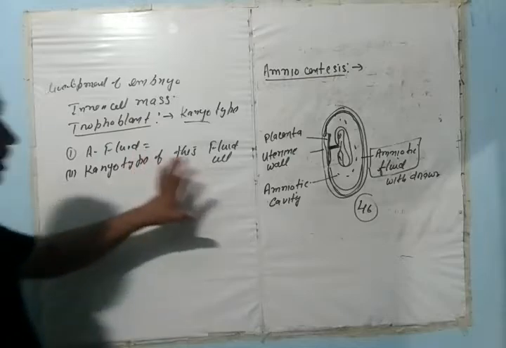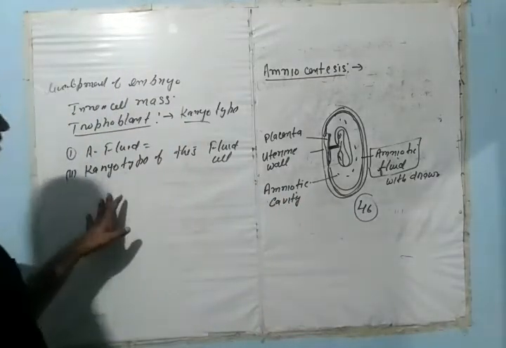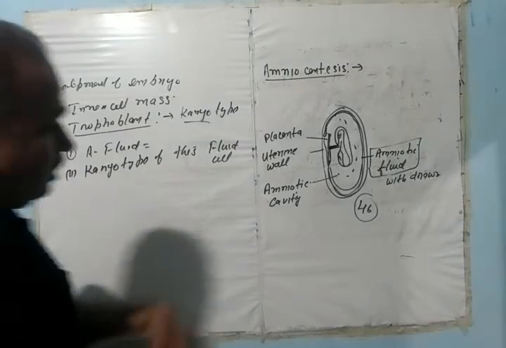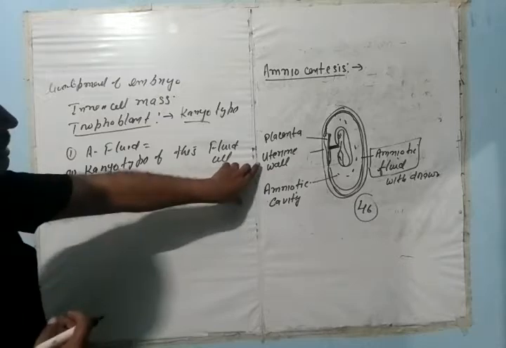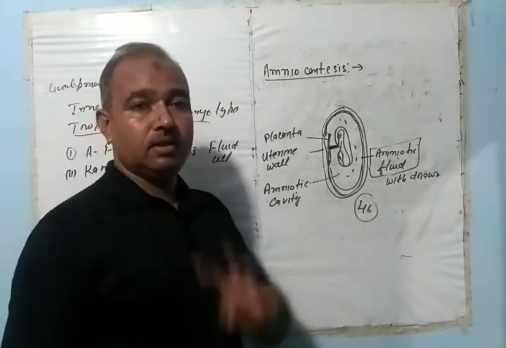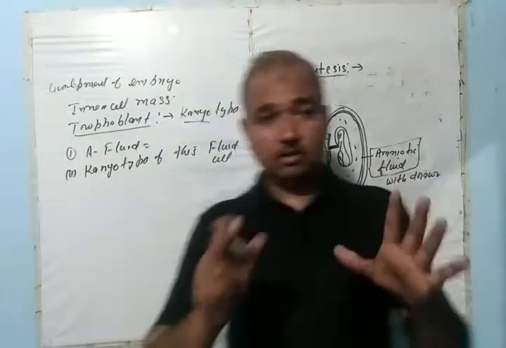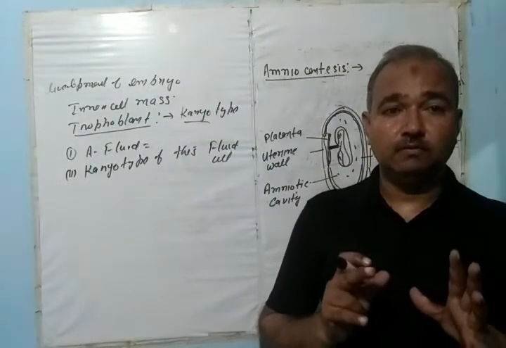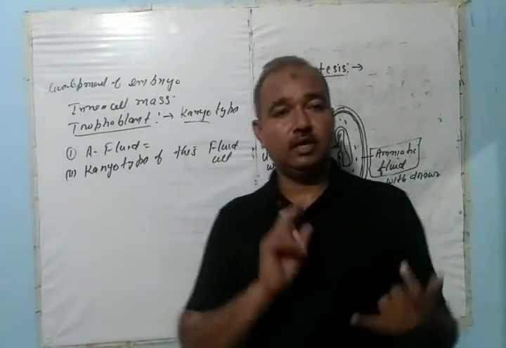So we can observe the pattern of the chromosome. This technique is a very simple three-step process. We take the amniotic fluid, in vitro culture of the cell takes place, and lastly the karyotype of the cultured cell